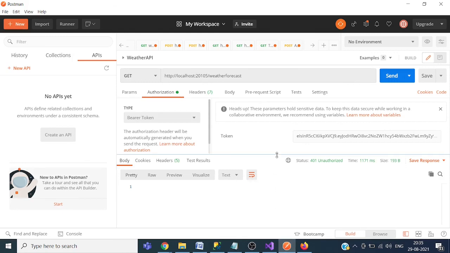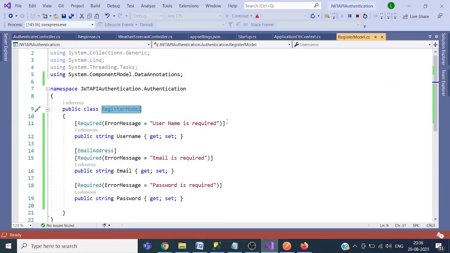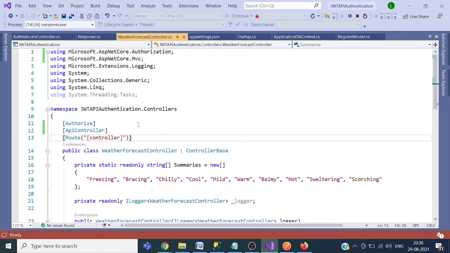So we have seen how to protect our API resources. So we just need to add this authorized attribute for the API which needs to be protected. Okay. If you don't use authorize, then there will be no security check and it will be accessible to anonymous users, so anyone can access.